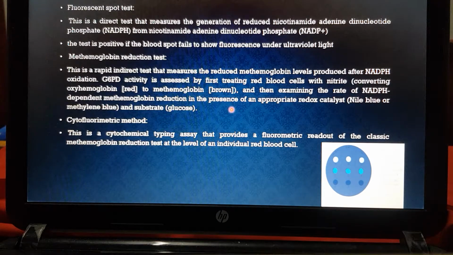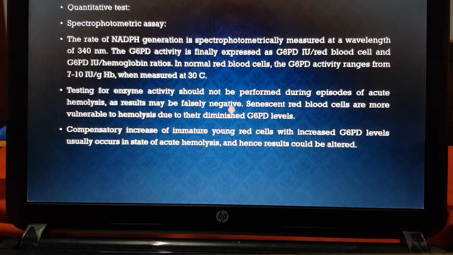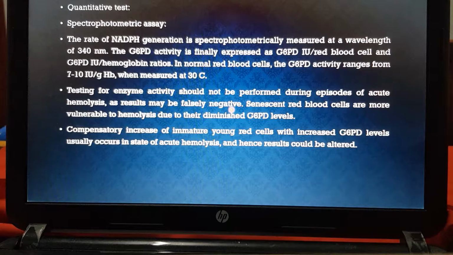The cytofluorometric method is a typing assay that provides a fluorometric readout of the classic methemoglobin reduction test at the level of individual red blood cells. In the spectrometric assay, the rate of NADPH generation is measured spectrometrically at a wavelength of 340 nanometers. In normal red blood cells, the G6PD activity range is 7 to 10 IU per gram of hemoglobin when measured at